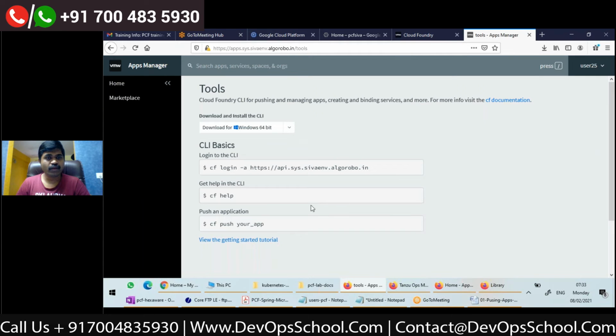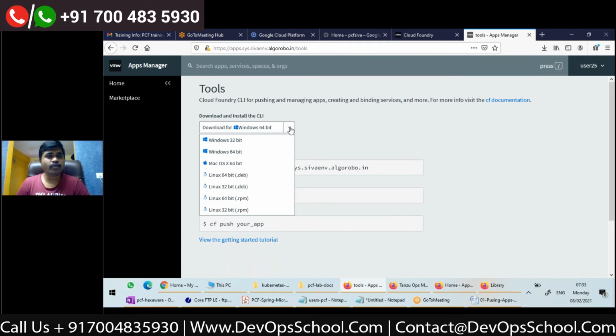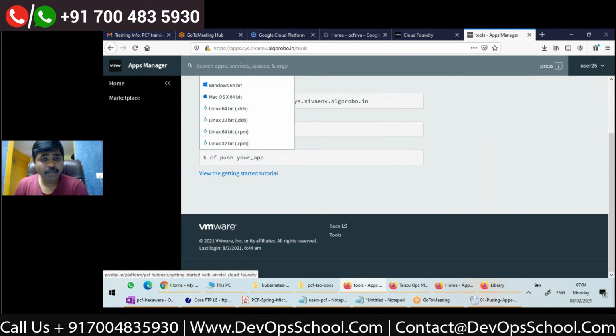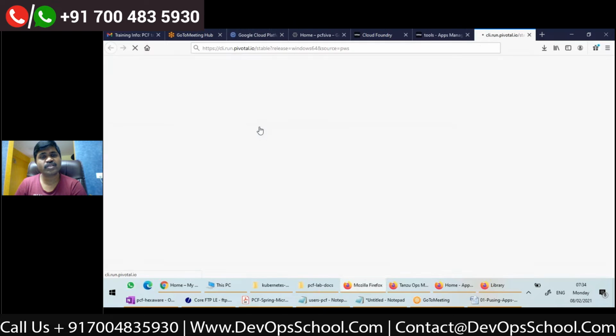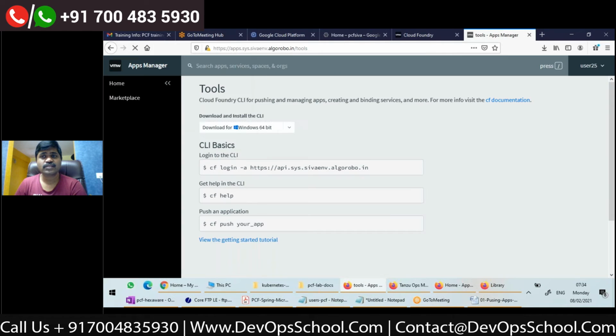If you click on it, there will be download links for all the operating systems. So based on your operating system, you can select and download the CLI and execute it. Suppose I am on a Windows 64-bit machine, I can download this.